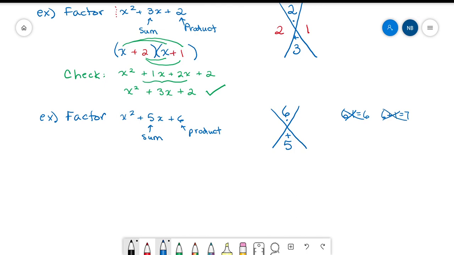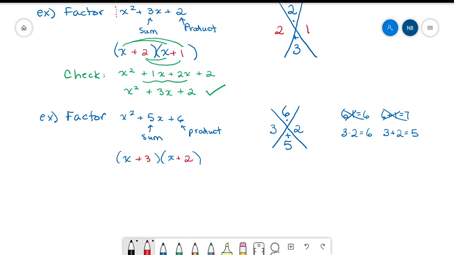The other factors of 6 are 3 and 2. 3 times 2 is 6, and 3 plus 2 is 5, so we have found the numbers that satisfy both conditions. So we set up our parentheses, x and x, and then we insert the positive 3 and the positive 2